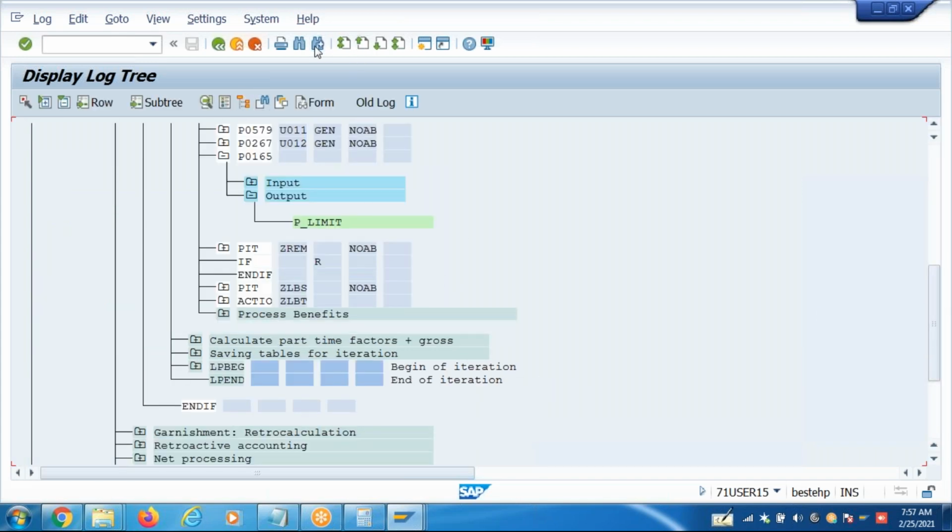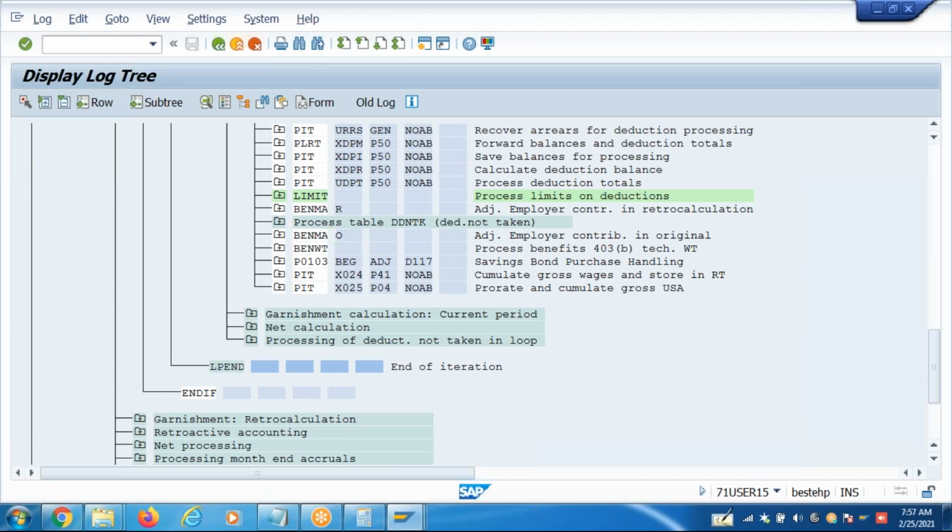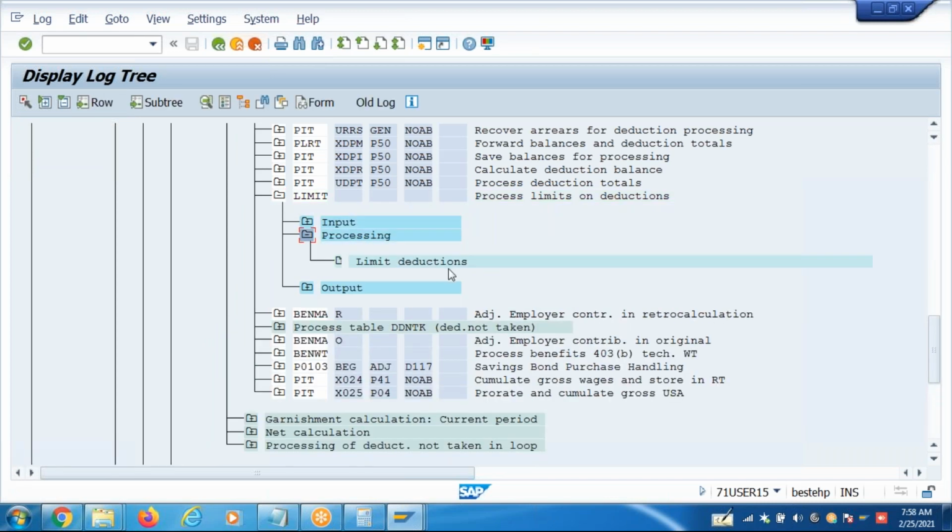Okay, find next here. So we applied percentage reduction.